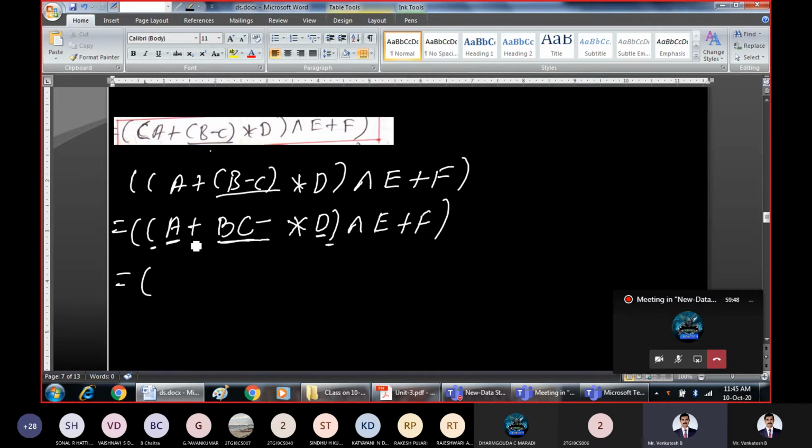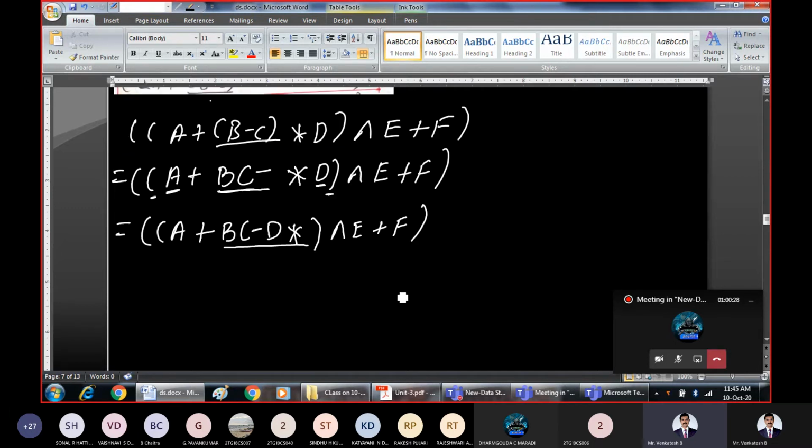When we have two operators, plus and star, which is having highest priority? We know that star is having highest priority. That means first you solve this sub expression. So I'll keep the bracket as it is. Still we are not removing that bracket. A as it is, then plus as it is. How can we solve that? Write this first operand as it is, BC minus. Then write this D as it is. Then write this star. BC minus D star. Now this entire thing will become one operand. Keep this bracket as it is, power E plus F.